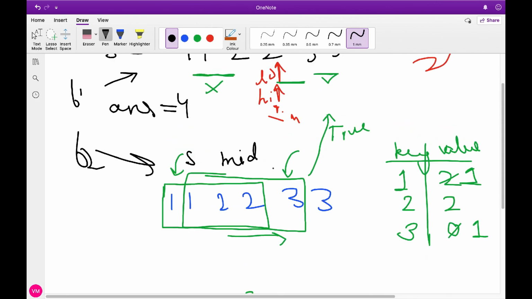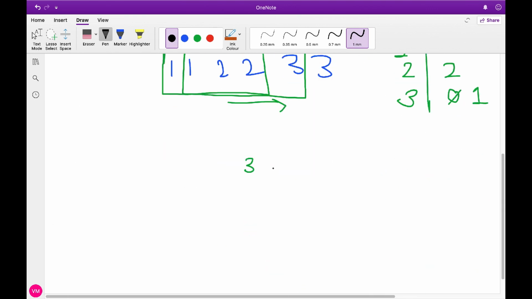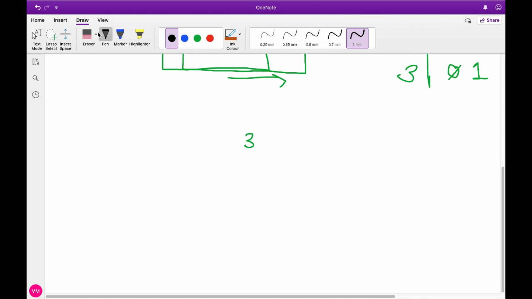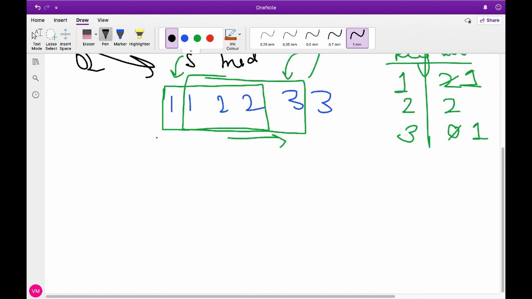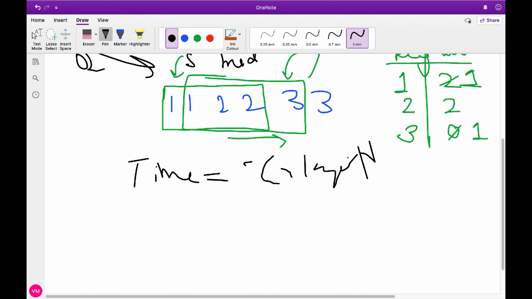So in this way we can solve this question, and our time complexity will be big O of n log n.